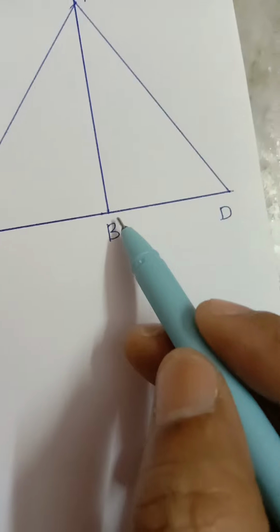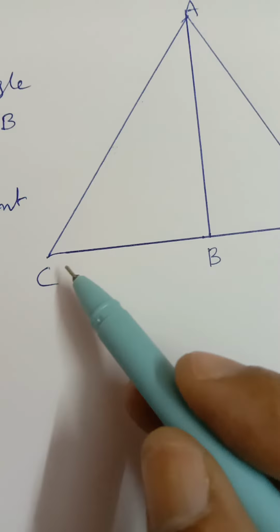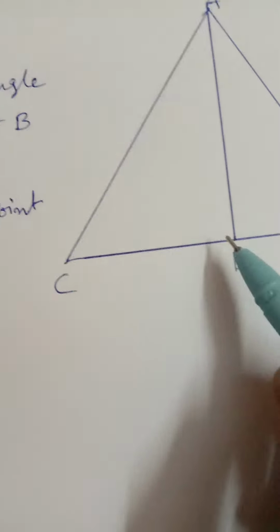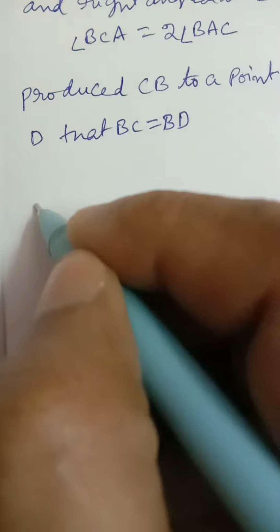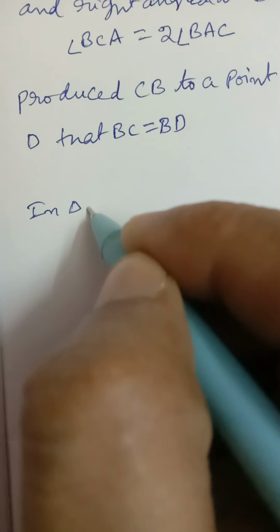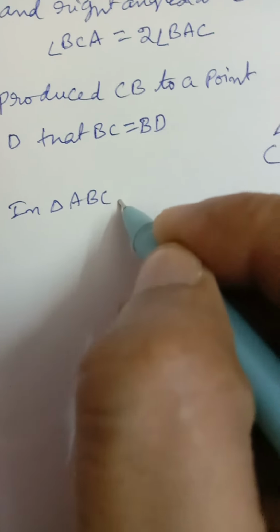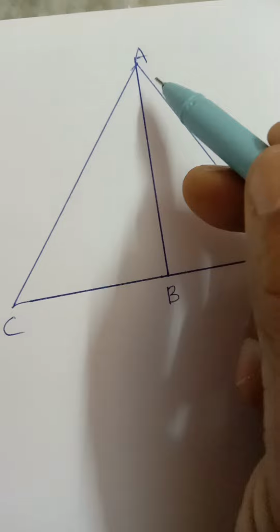Produced CB to D, BC is equal to BD. Now, in triangle ABC and triangle ABD: